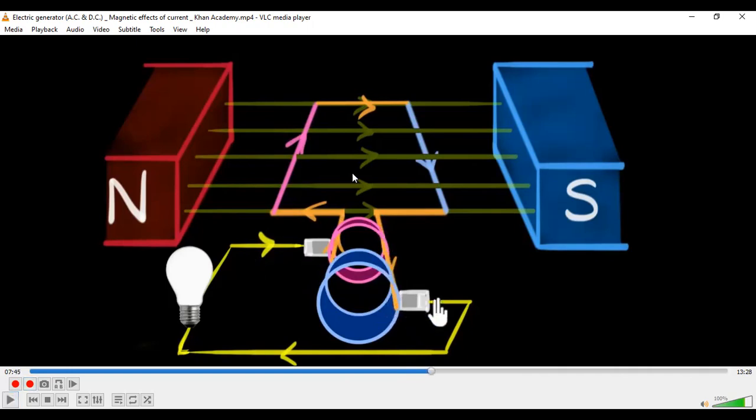Okay, so now here what is happening, if we will see that, then the current is flowing from a pink wire, then it is going in the blue wire, then it is going in a blue slip ring, then it is going in this brush, then it is going to the lamp, then it is going to this brush, and then pink slip ring, and again in a pink wire. Okay, so that way the path will be completed. You can give a name to the slip rings, A and B, whatever. Current flows into the